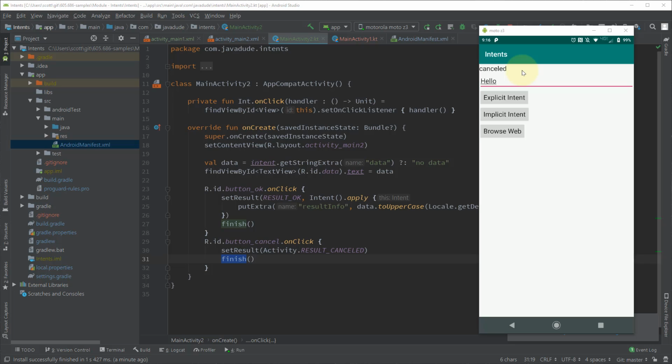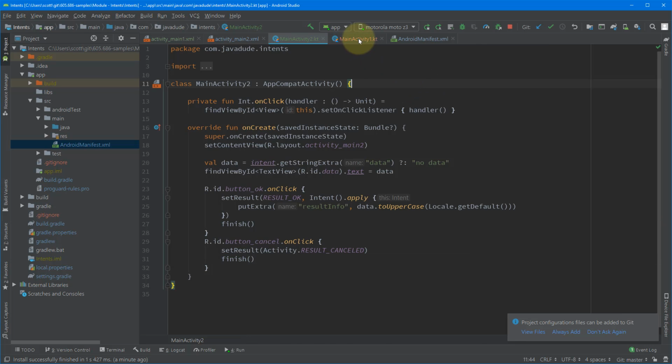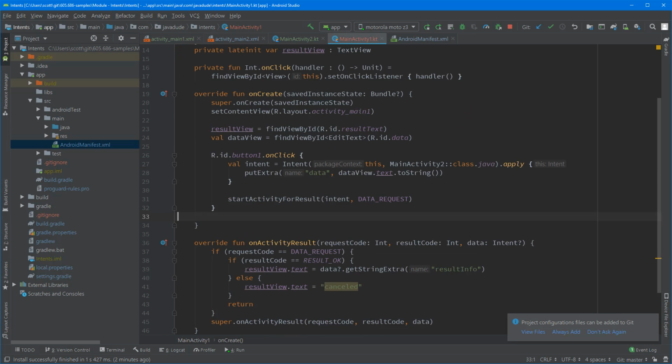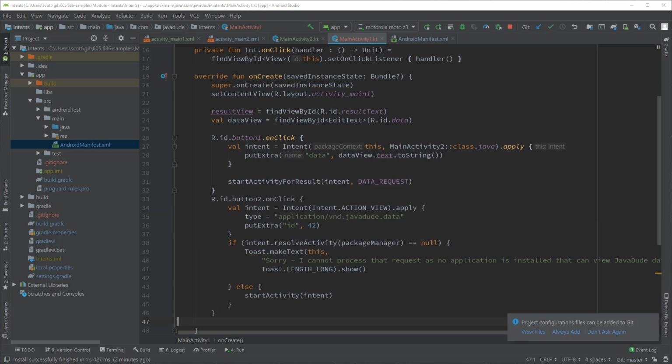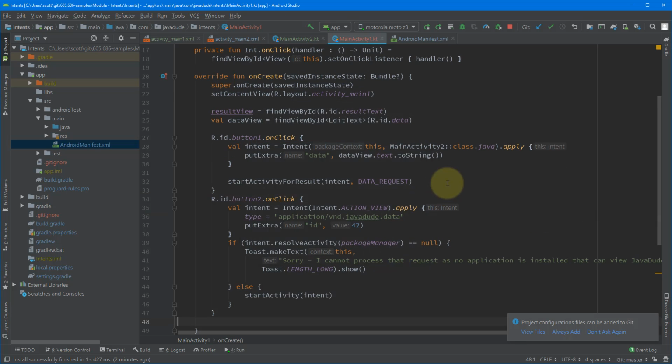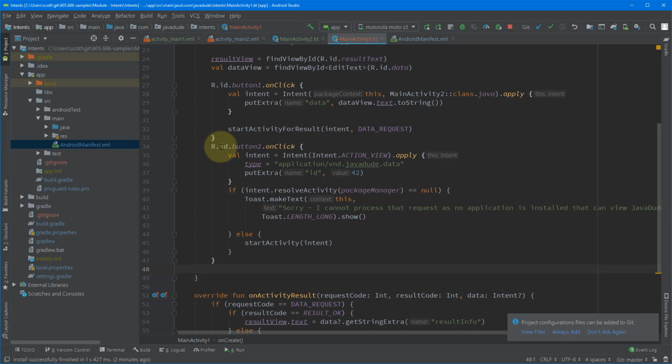So that's an example of how you can get data into a target activity and data coming back. Now let's take a look at using an implicit intent. So I'm going to go back over to main activity, and let's set up a handler for button number 2. So this guy is going to say when button 2 is clicked, I'm going to create an implicit intent and